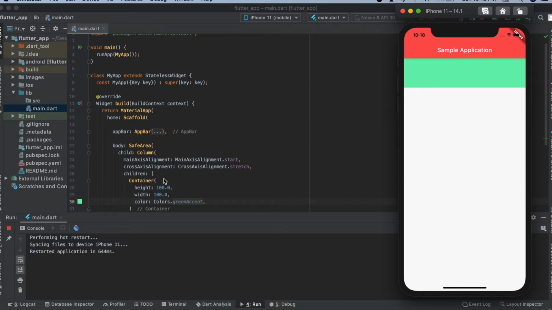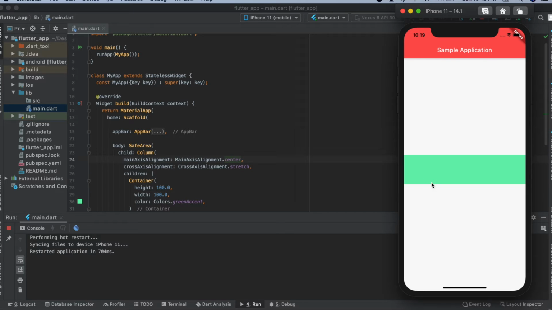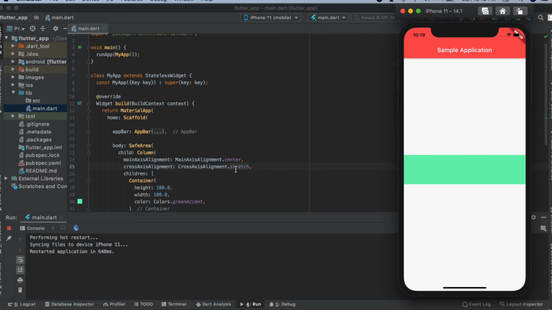Yeah. So now you will be able to see that this would be the container. Now I'll tell you the difference between main axis alignment. Main axis alignment is start, so I'll do it from center. You'll get to know. So this is from center. It would be like this. Then we have cross axis alignment. So rather than stretch, I'll use it as start. So it will appear like this. And suppose I kept it as center, so it would appear like this. This is cross axis. So this isn't possible with the container, so I'll do it with the stretch only. I'll explain it with stretch as of now.